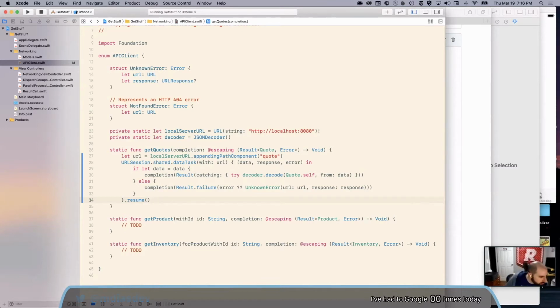Ooh, we have a question from the chat, which is, can we simulate an error from the server? Yes, good idea. We can. We'll do that and make sure that our success and error cases are both working correctly.